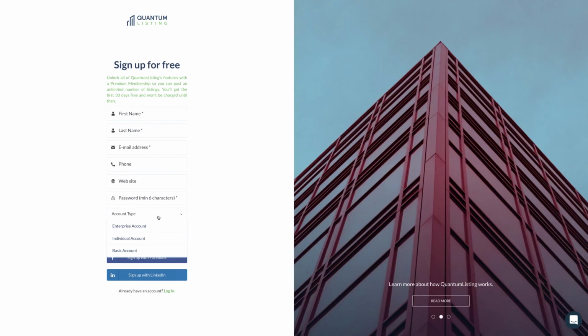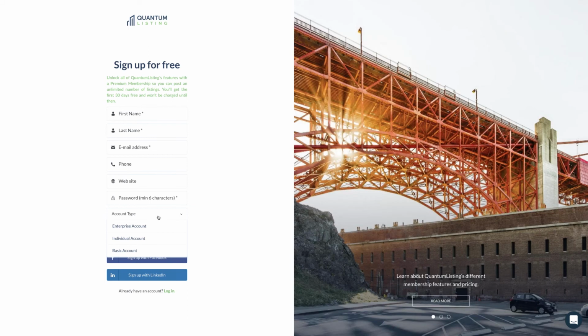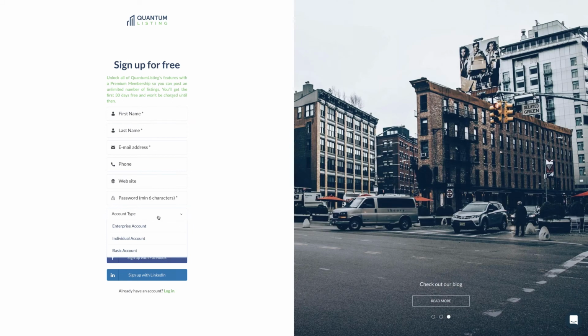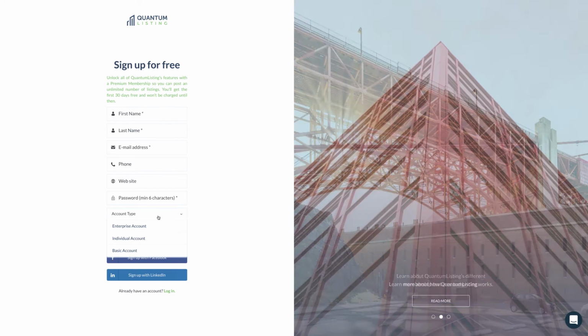In addition to being able to post listings, you can also access our other features. When you do sign up as an individual account holder and you've entered your payment information, you'll get the first 30 days free. During that period, you can cancel if you decide it's not a good fit for you. We do hope you stay. And then after 30 days, you get charged that